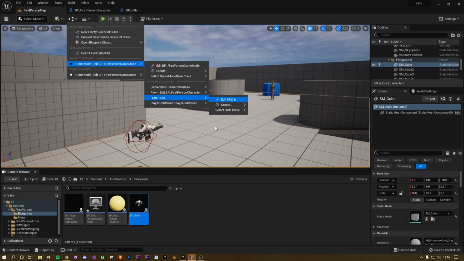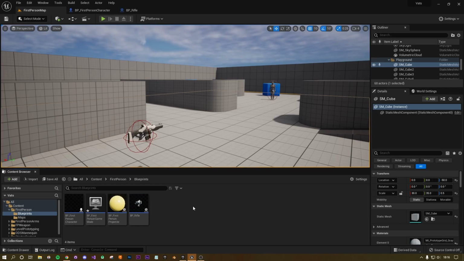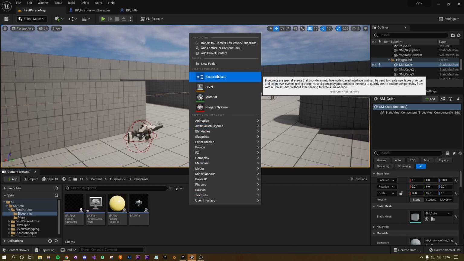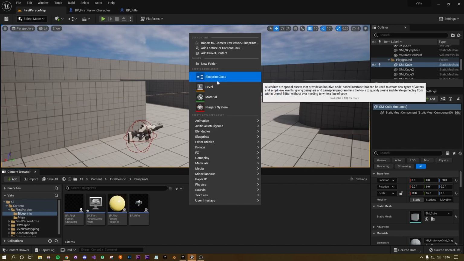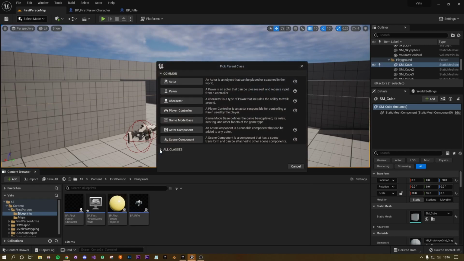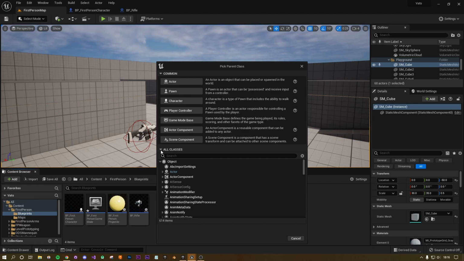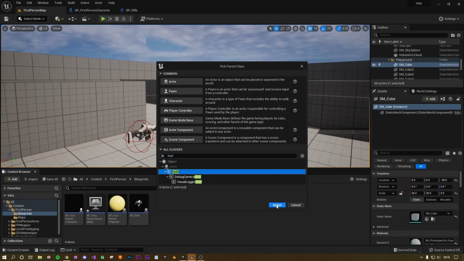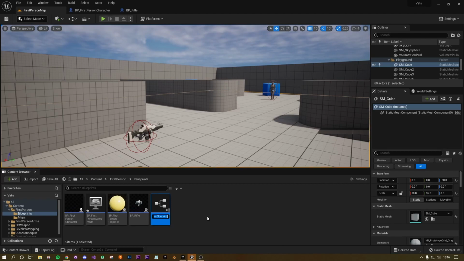We're going to change the HUD class, but before we do that, we need to create the new one. We do this because the default HUD class isn't editable in Blueprint, only in C++. So to make a new one, we want to right click and open up a Blueprint class. And you're going to need the all classes drop down for this, so just click this little arrow and you'll get this menu. In the search bar, type in HUD and you should get a couple of options, but one will just be HUD. Select that, press select, and I'm going to call this one main